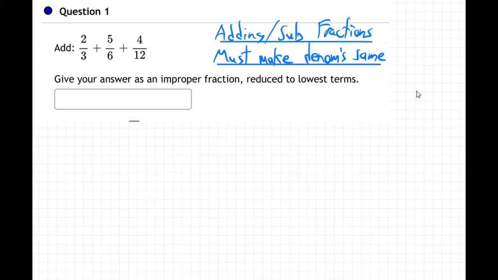So we've got to do that. So what am I going to do? How do I make these denominators the same? Well, what you do is you multiply by the other denominators,